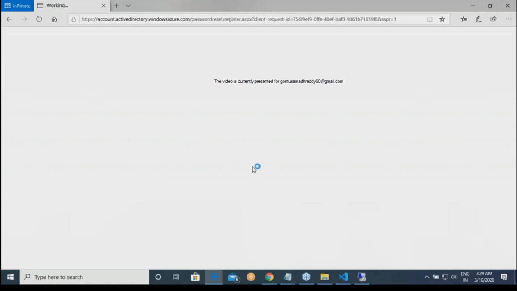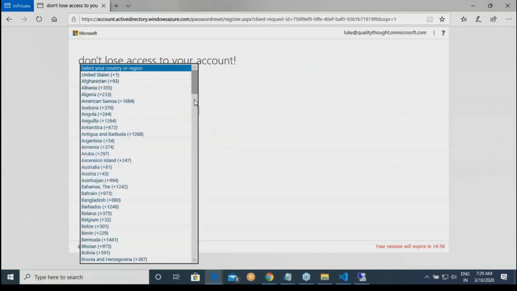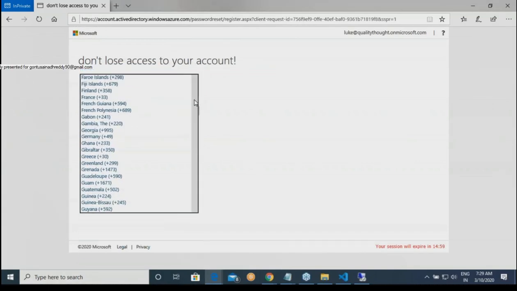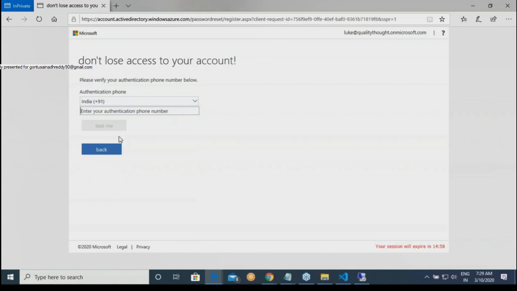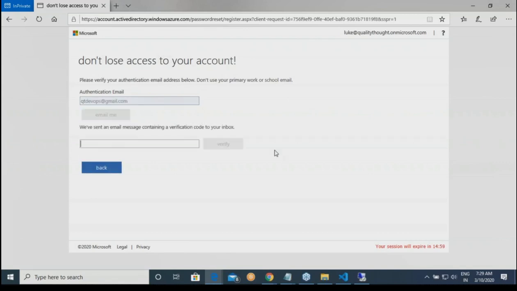That is what it is trying to do now. Authentication phone is not set up, so set it up now. Select whatever country you belong to and give your phone number over here. Authentication email is not set up, so give some email, something like qt.devops@gmail.com, whatever your email is.